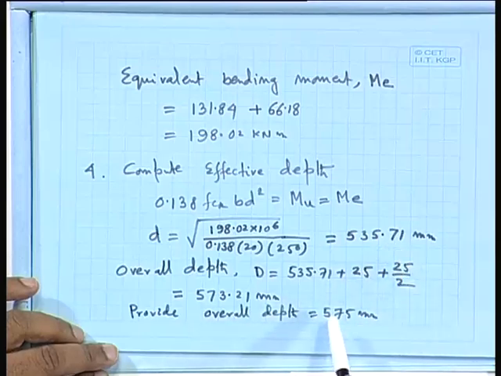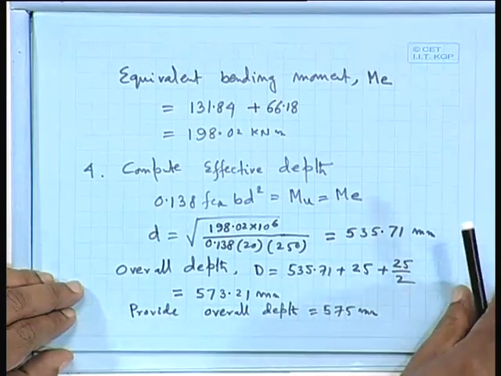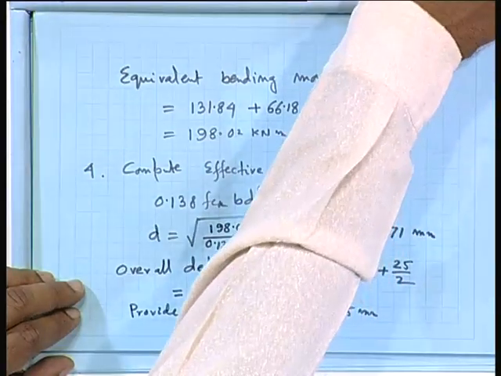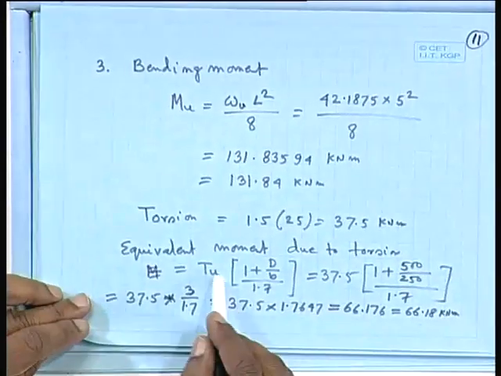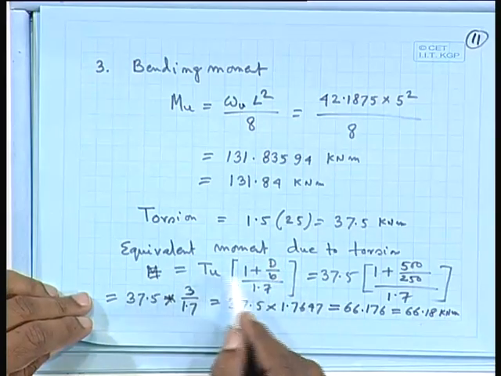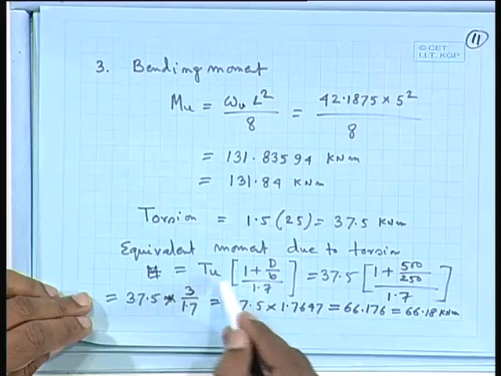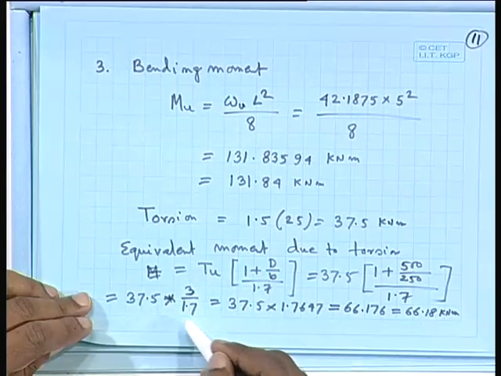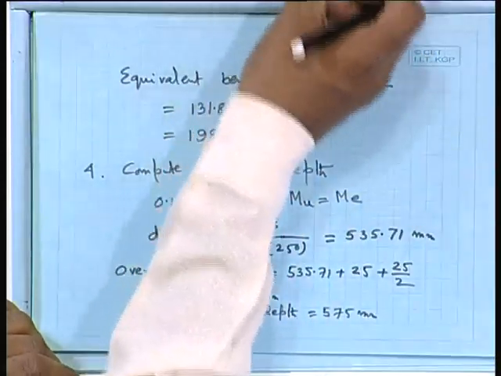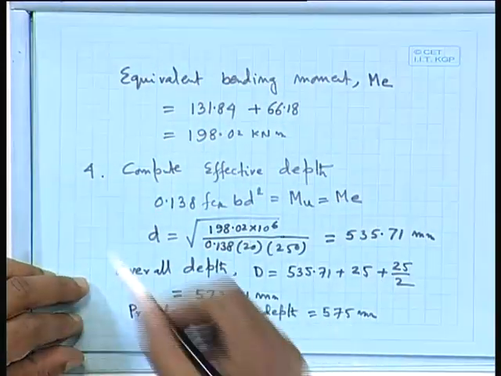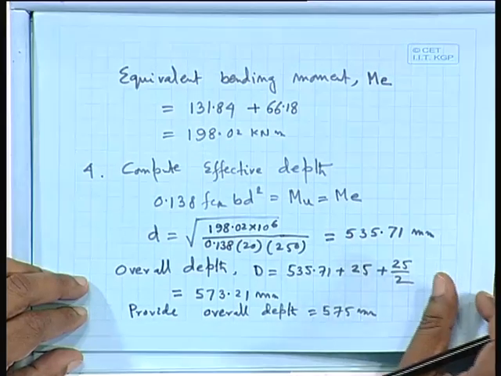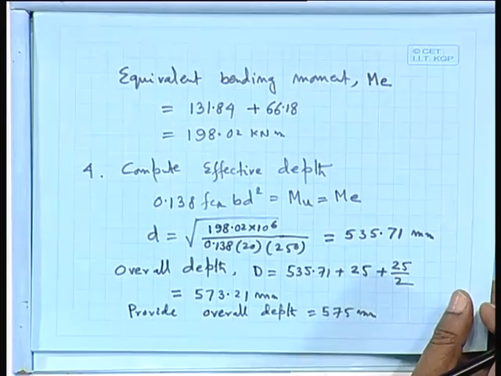Another thing, we have taken here Tu, that d by b. So d is say 575, that means due to this torsion also the bending moment will change. So one alternative could be that we go to say 600 millimeter and we can check all of them. Instead of that, what can we do? We can do it another way. Let us try